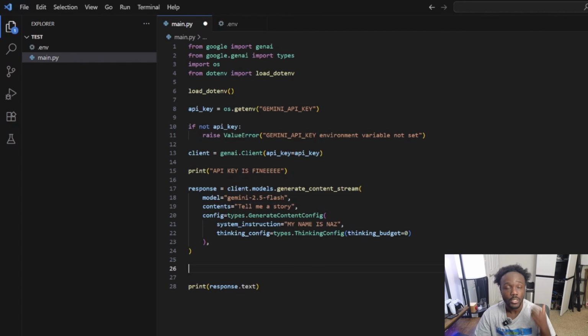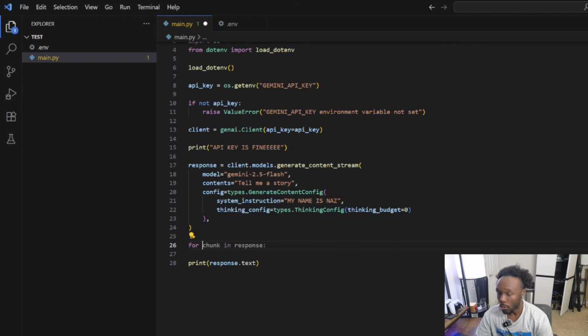So what we're going to use is a for loop, and a for loop is a very important concept in programming because a for loop lets you set a certain amount of iterations, right? So we're basically going to write in code, hey, iterate through this response until you get every chunk in that entire response. So what you have to do is go to for chunk in response. Everybody knows what I'm going for. We're going to